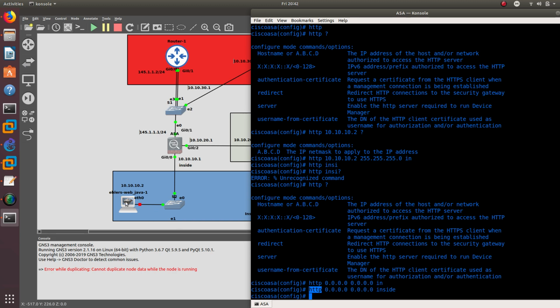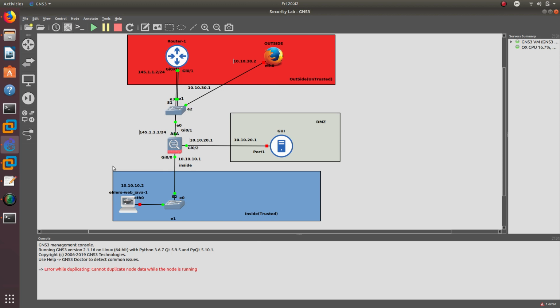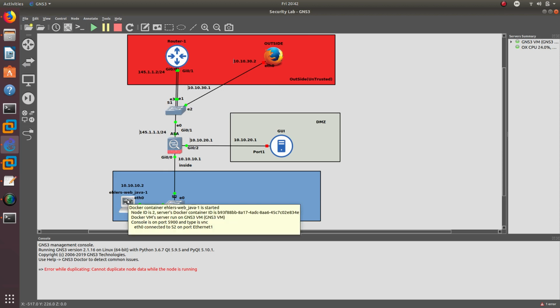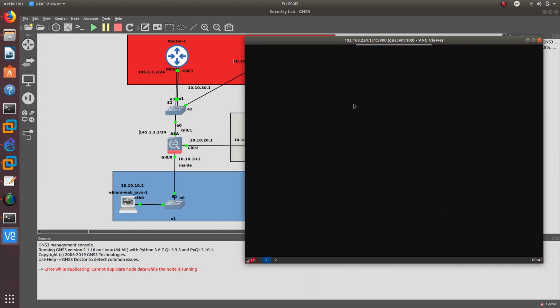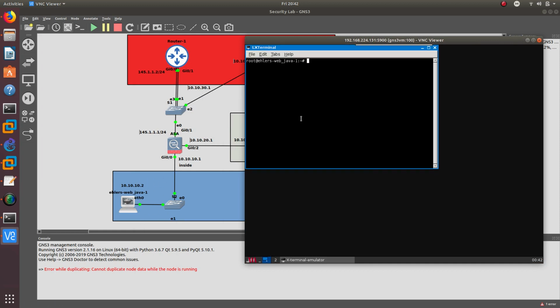We need to go ahead and turn on this one over here, and after you turn it on, you start it. You're going to need VNC for this one. It doesn't work with Telnet. If you use Telnet, it's going to keep rebooting and it won't let you do anything. Then we're going to open the terminal, and from the terminal we are going to configure